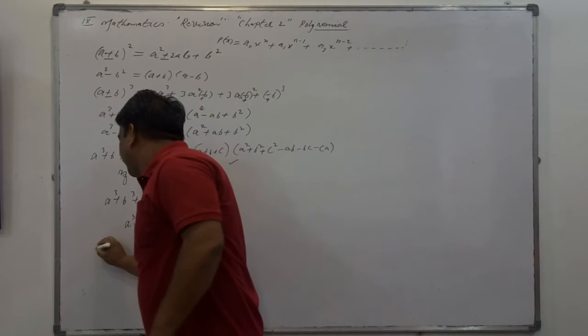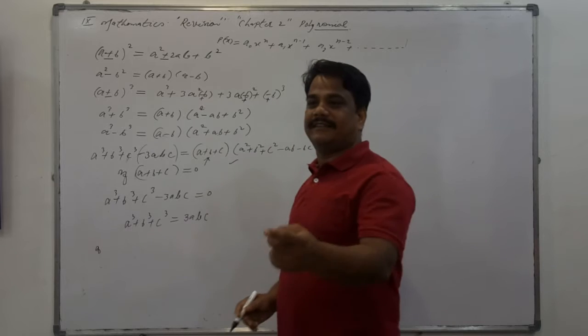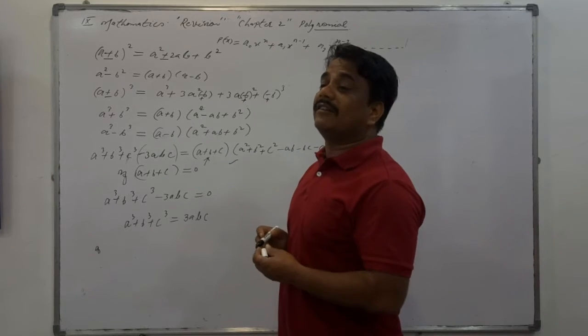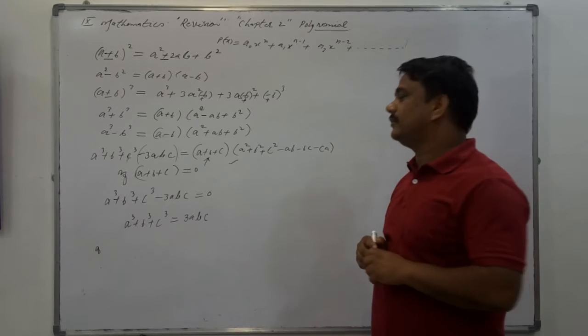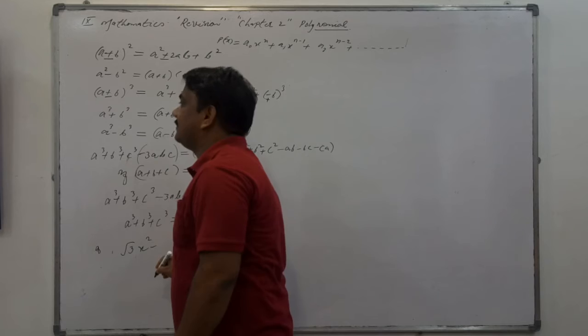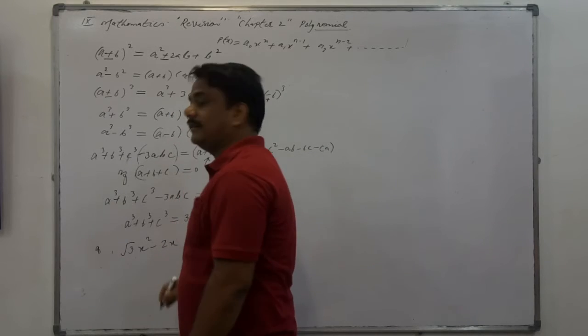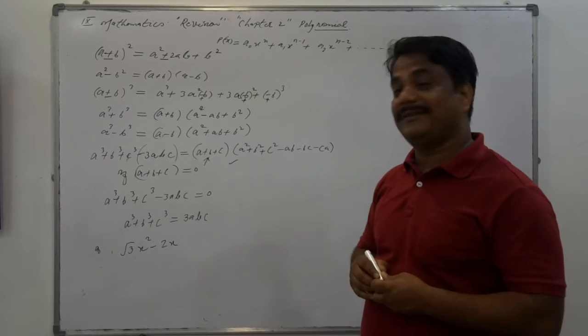Whether 8 is a polynomial: its answer is yes, it is a polynomial. What is the degree of this polynomial? It's 0 here. It is a constant polynomial. Now, come on please. Second question: under root 3x square minus 2x is also there. Is this a polynomial here? No, this is not a polynomial. Yes, it is a polynomial, sir.